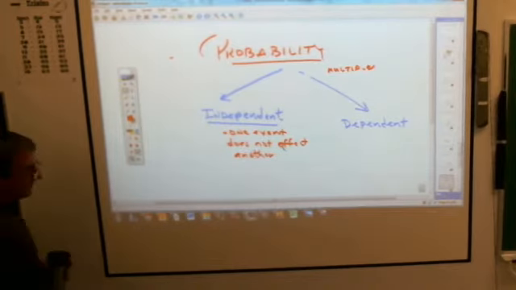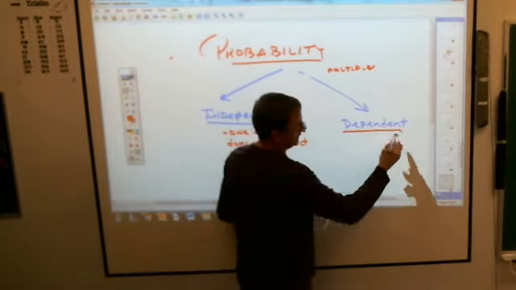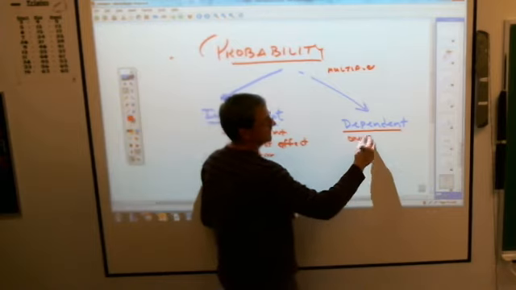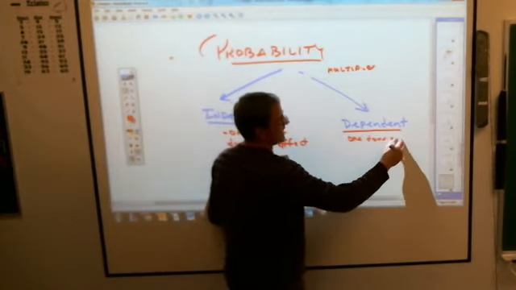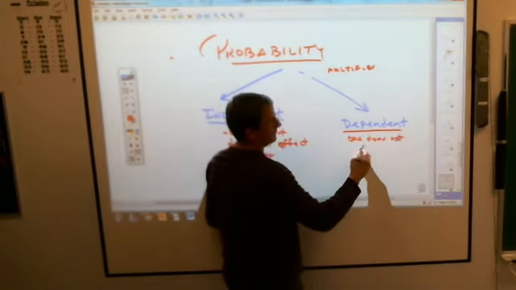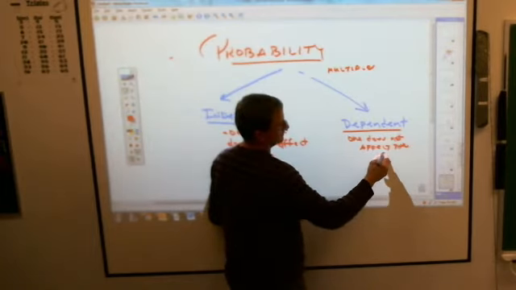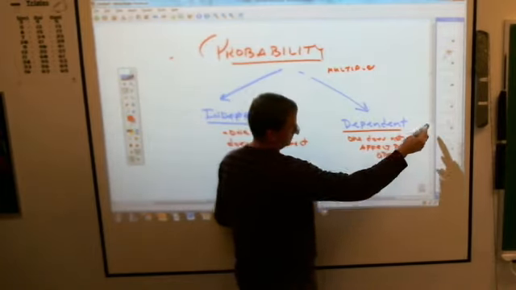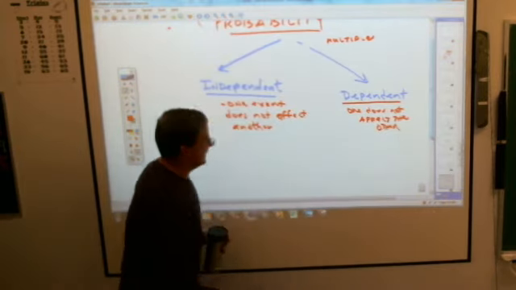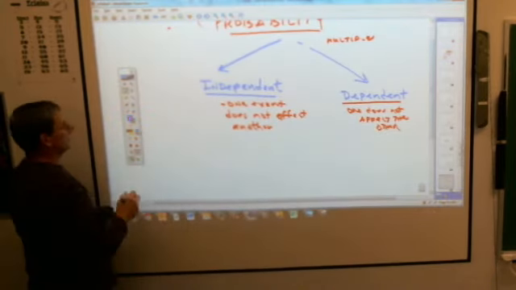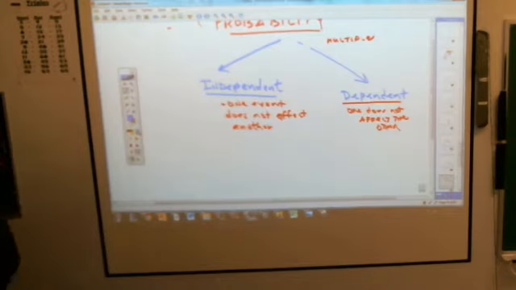And the other one, dependent, means that one does affect the other. What does this mean, you ask? Well, usually when the book presents this, I believe they talk about